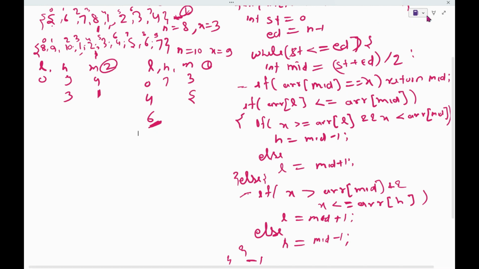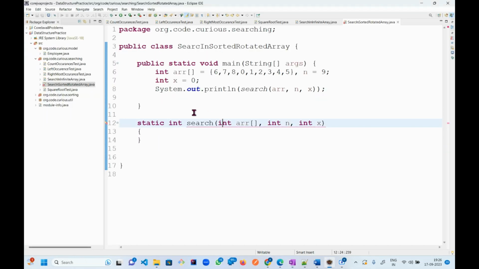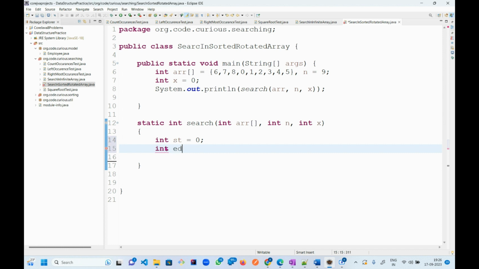So I can write the code also. I thought I had written it, but let's check. It will not take much time actually. Here I can write simply int low and high, int n is the array length. st is equal to low, which means 0, and int ed is equal to